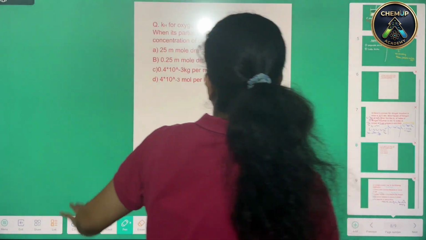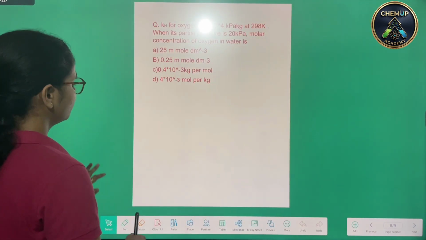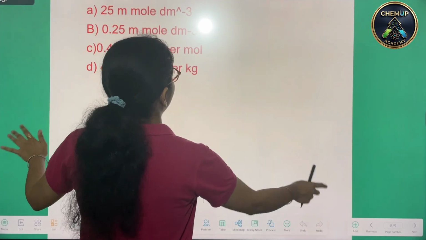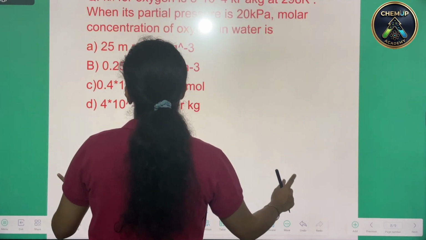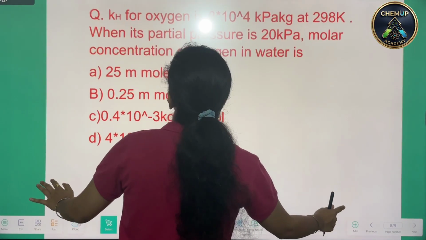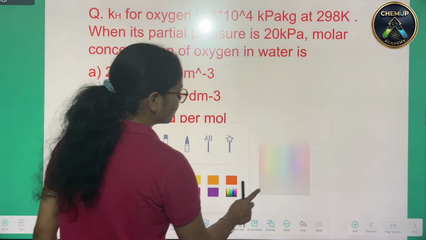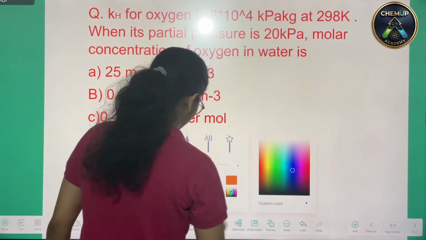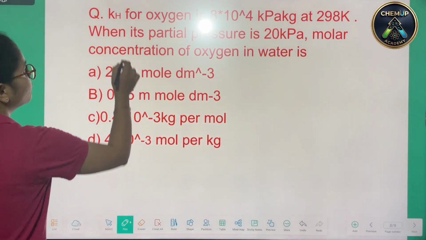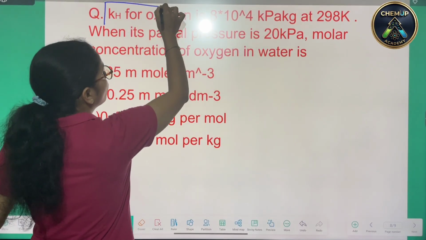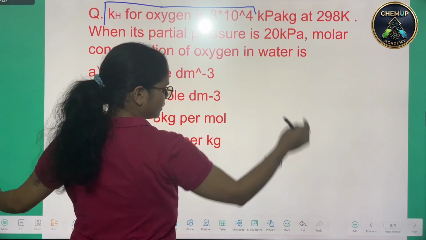Okay, we have one more question for you. So we can solve this question. This says that we have the KH value. KH value for oxygen is given to us when its partial pressure is this much. So let's just solve it. A simple question it is. We will jot down what all points we have. We have the KH value. This is our